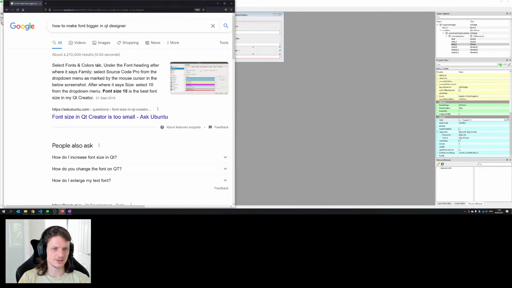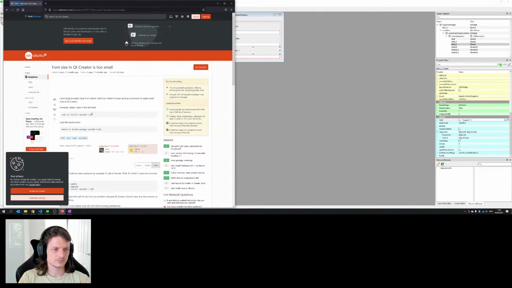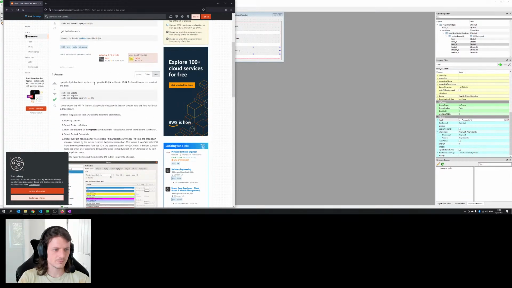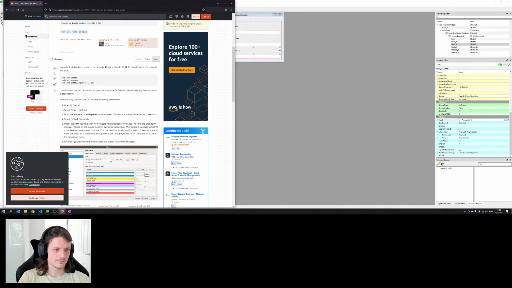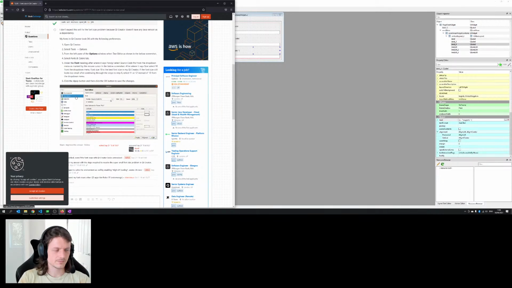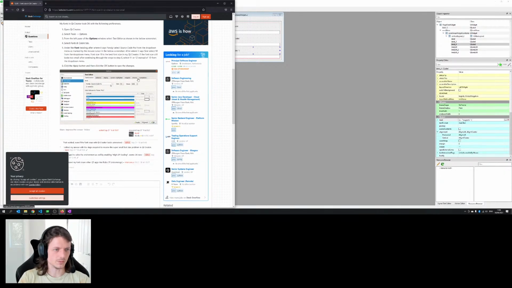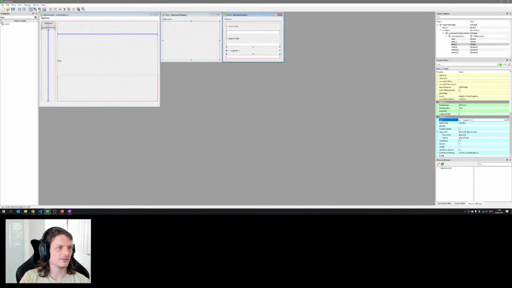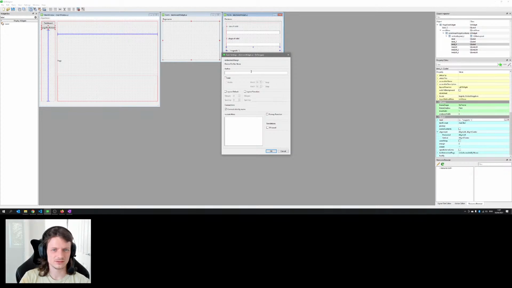Select the Fonts and Colors tab. Oh, apparently there's an options. I don't think I have that. Form settings? Nope.